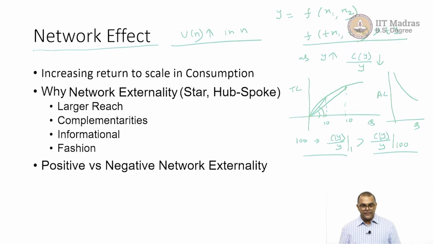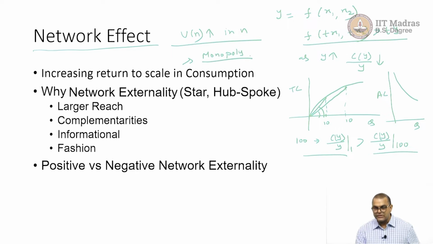So if network effect is present, there will be a move towards monopoly, because one company can serve them better than having two companies, because everyone would like to be connected to the same network. But I will come back to that. You can say that in many network economies we do not find just one company participating, but many companies participating. Why does it happen? We will get back to this question.